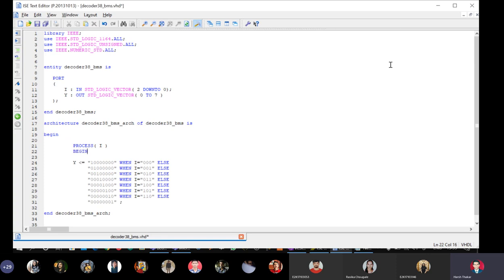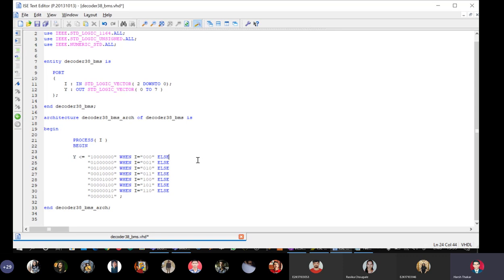Say begin. Yesterday, I mean last session, one student was asking, sir, can I write concurrent statements within concurrent statements? So now we have the when-else construct here. This is a concurrent construct, and I'm embedding a concurrent construct within another concurrent construct. So we will see if we are getting errors or not. It will be clear whether we can embed concurrent constructs within concurrent constructs. Let the tool tell.